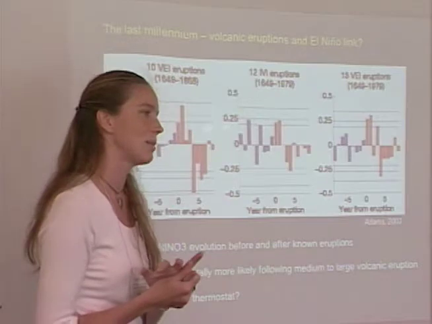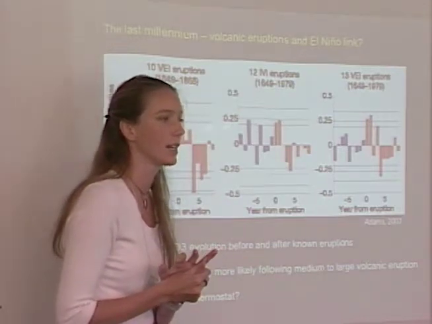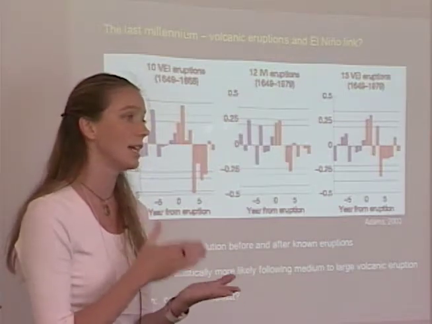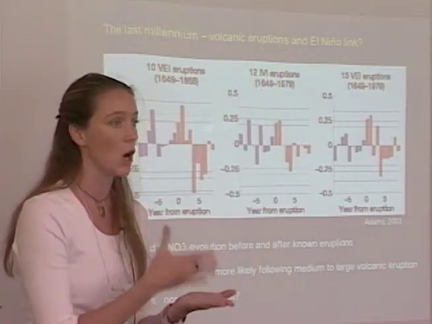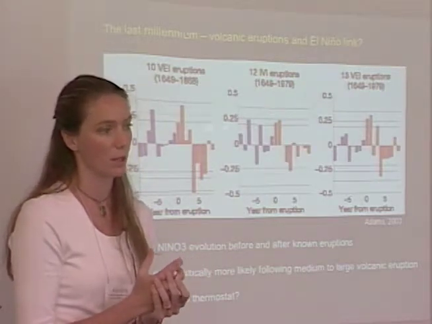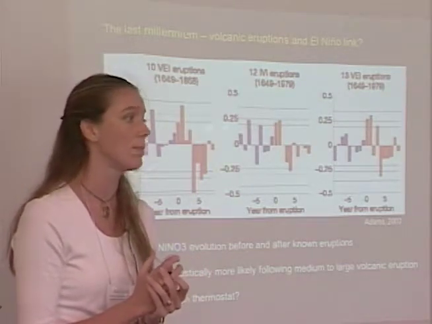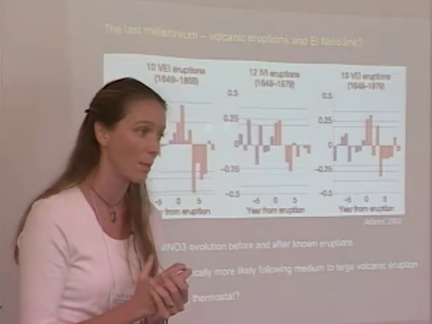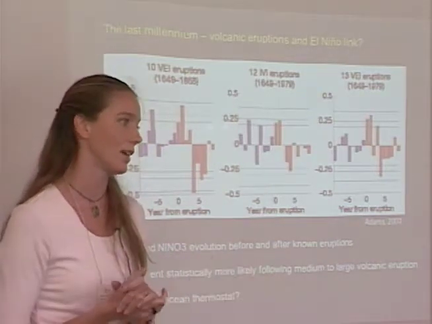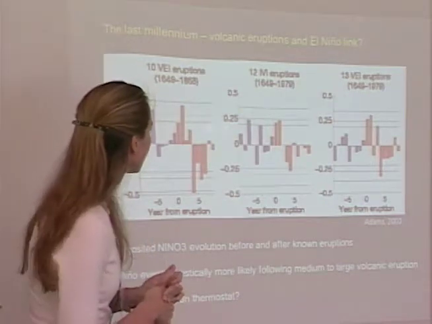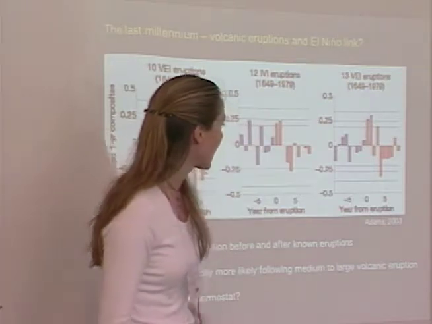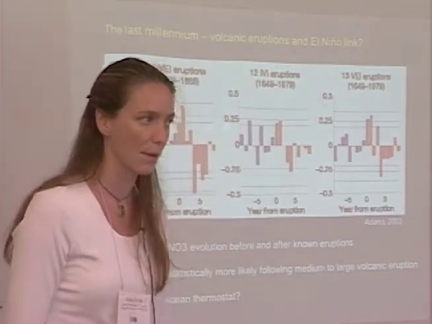This is actually proxy data. I'm sorry, I should have been very clear about that. This is a proxy-based study, it has nothing to do with modeling. They're taking known eruptions from ice cores and looking at the response in the tropical Pacific based on our best reconstructions of the tropical Pacific, which is also why this gets into a lot of error very quickly. But it's very interesting, this idea has been around for a long time. This is kind of the first statistically rigorous whack at it. This basically comes out of Mike Mann's lab.